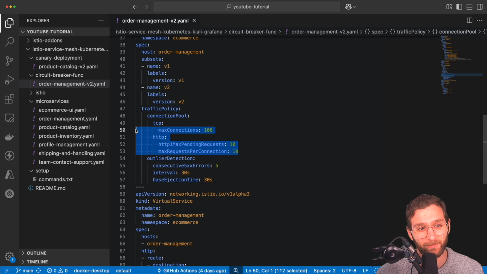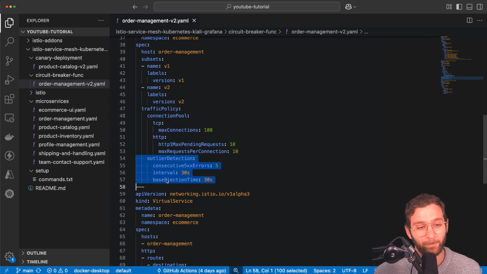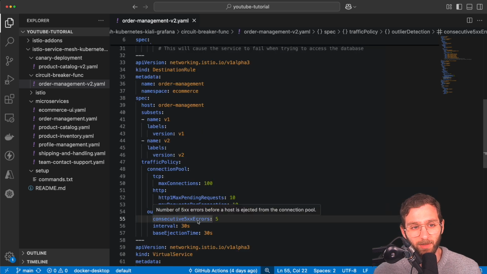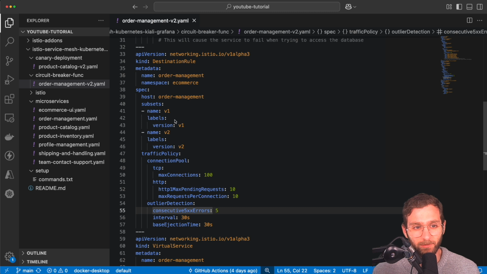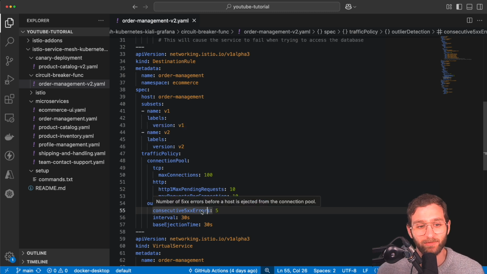So these are all performance-based configurations that we don't really care about right now. What I care about for this chapter is the circuit breaking portion. If a pod, be it belonging to v1 or to the subset v2, returns 5 consecutive HTTP 500 errors, so server errors like 501, 502, 503, etc., Istio is going to mark that pod as unhealthy and temporarily remove it from the load balancing pool,